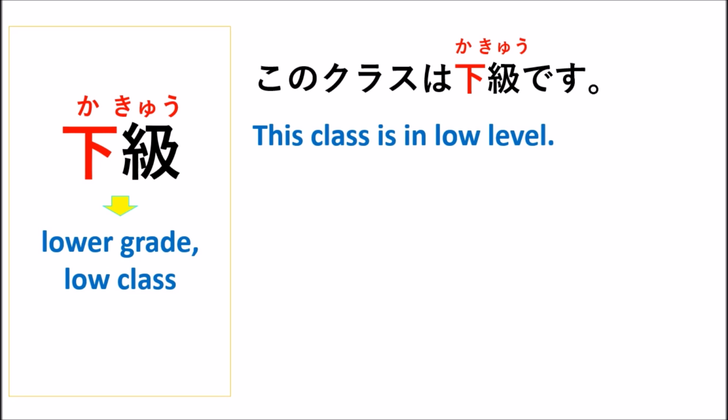And for another example, you can use ka-kyu with a hotel. For example, このホテルはか-kyuですから安いです。Which means this hotel is low grade, so it's cheap, right? このホテルはか-kyuですから安いです。